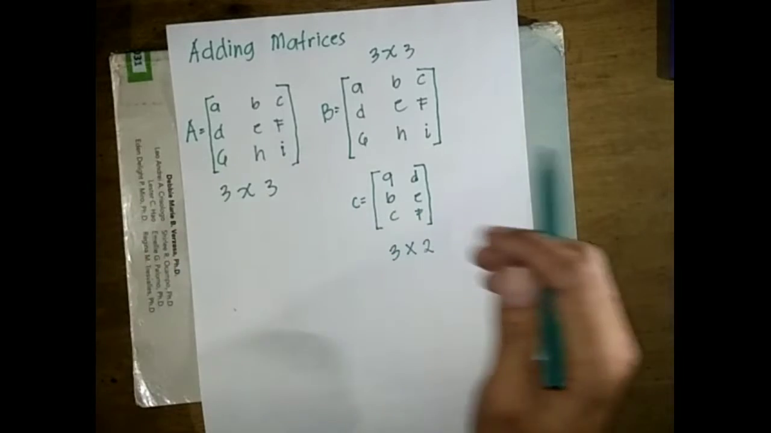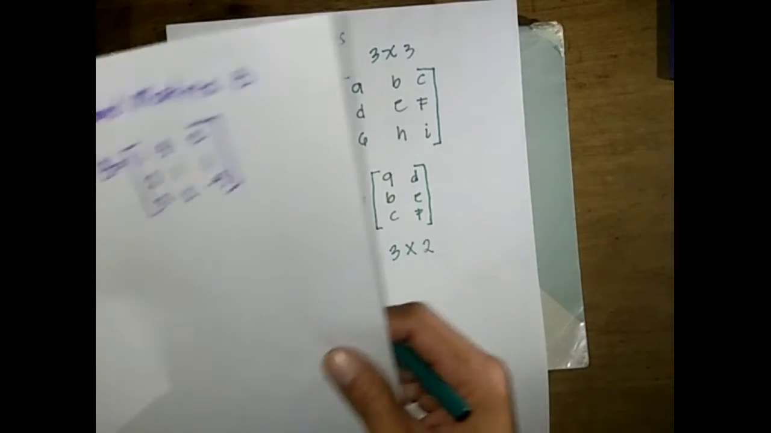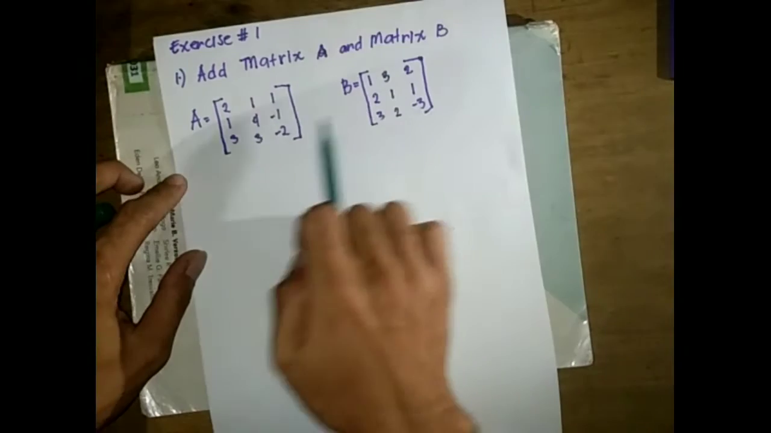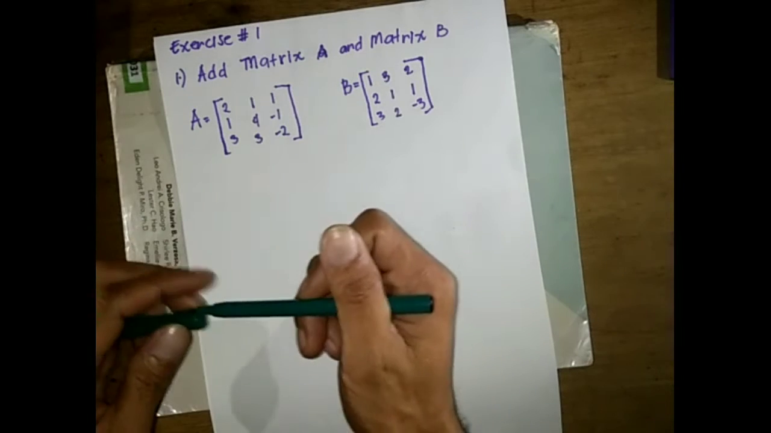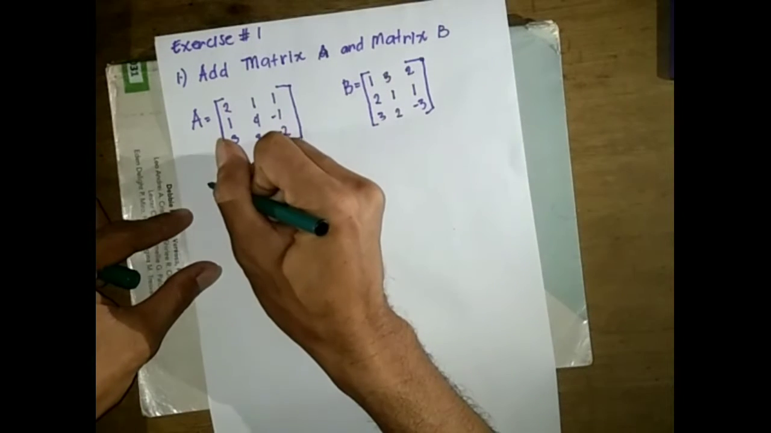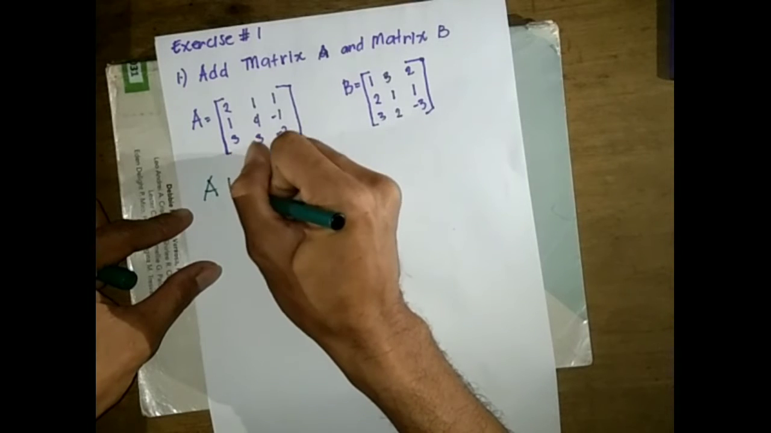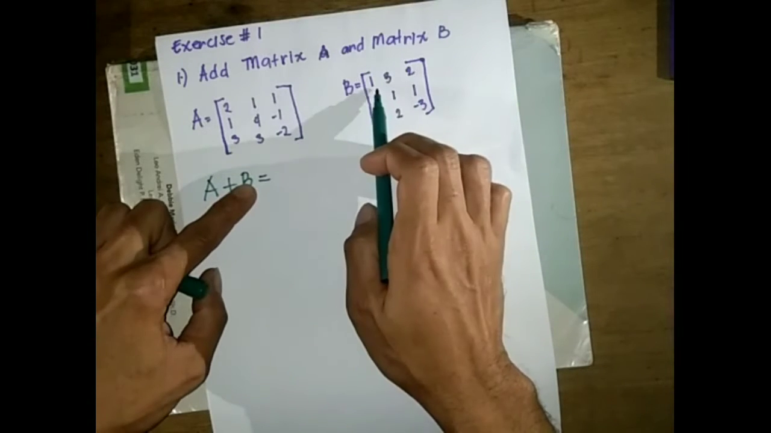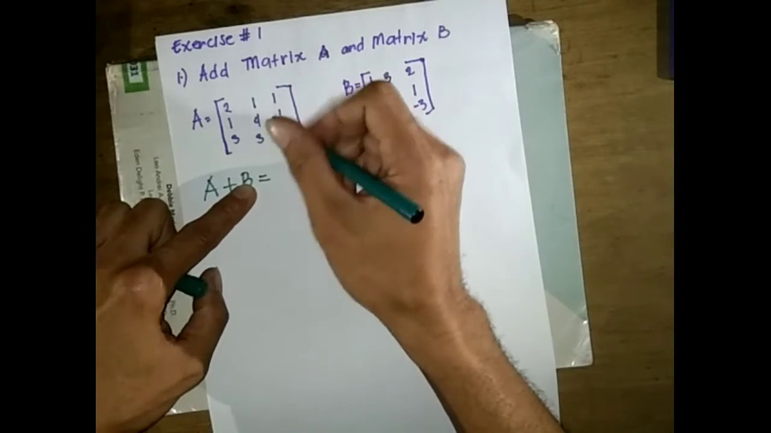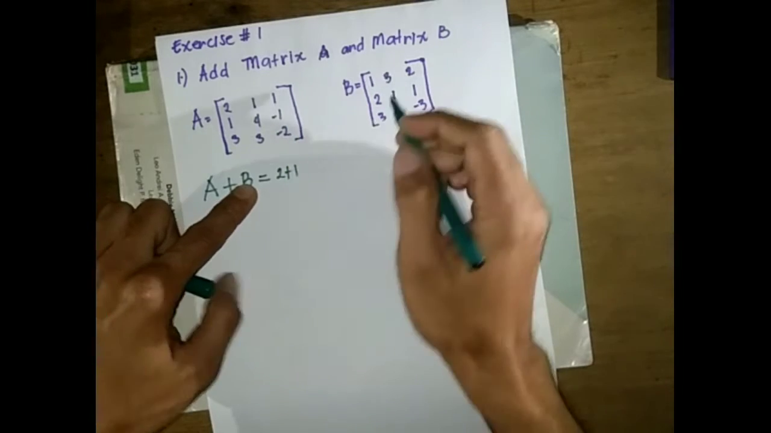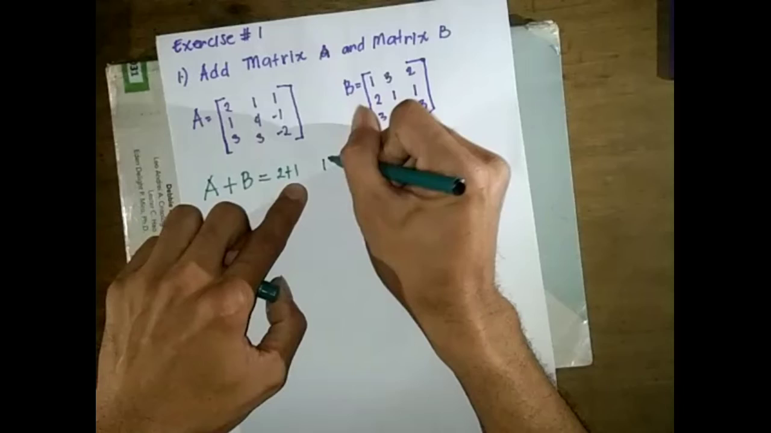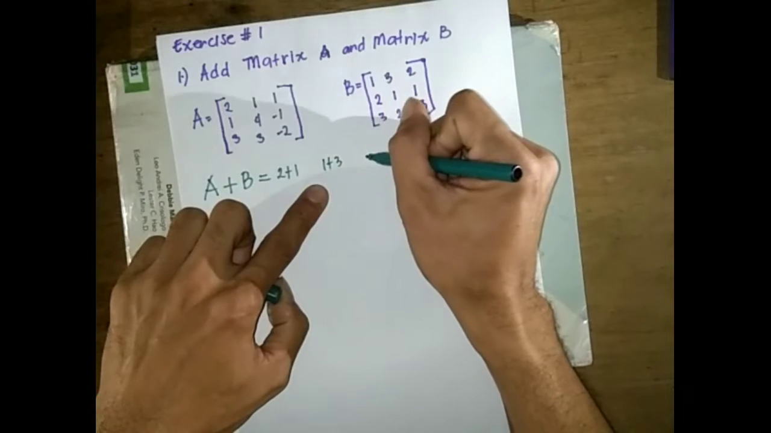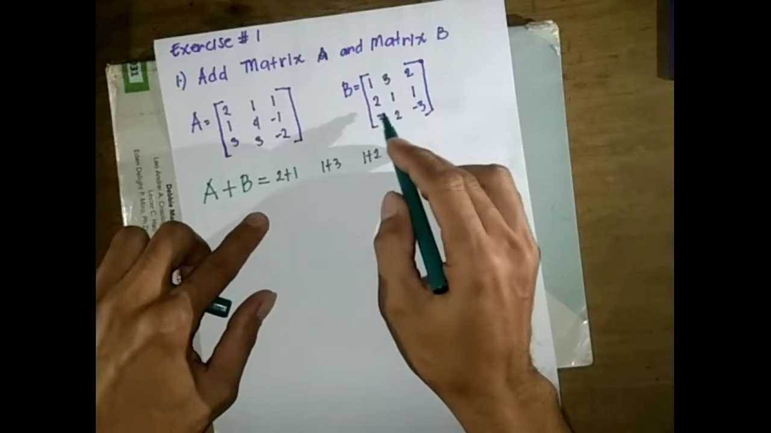So, we have here exercise number 1, and we will perform adding matrix A and matrix B. So, first, we'll simply write A plus B equal sign, then 2 plus 1, 1 plus 3, and so on. So, magpo-provide lang tayo ng space. 1 plus 2, 1 plus 2, 1 plus 2,